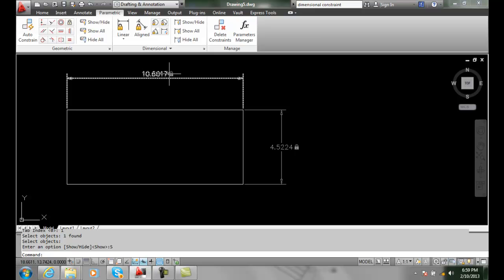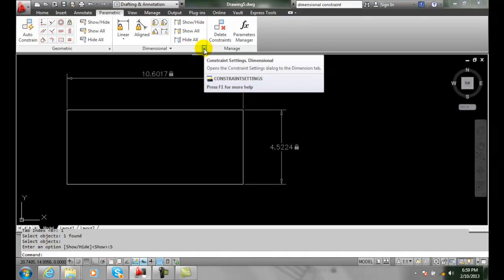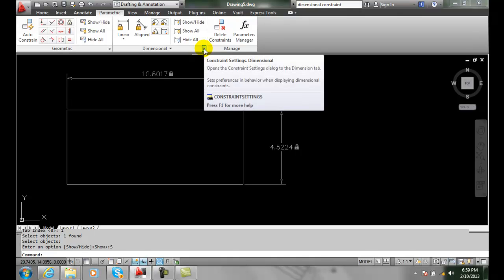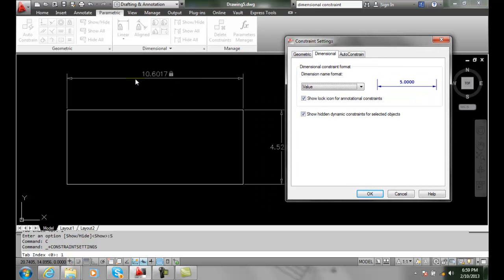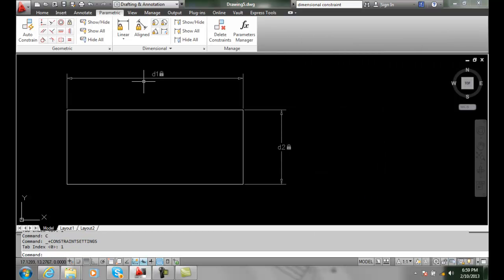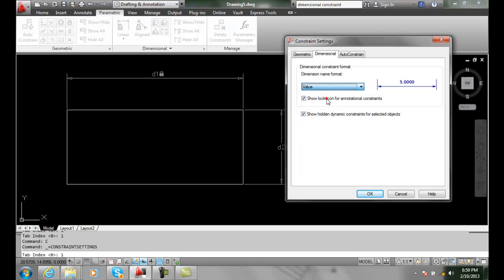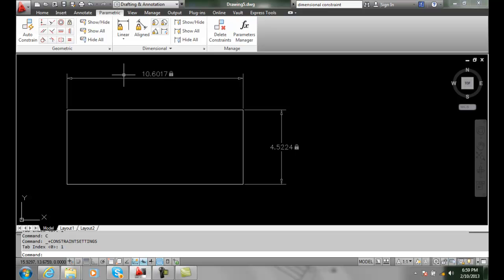Also, if we hit the down arrow in the lower right hand corner and go to constraint settings, in constraint settings under dimensional, we can go to the dimension name format. Right now we're seeing the value, how long that is, right here in 10.6017. If I change that to the name and I say OK, you'll see it'll show as D1. If I change it back to the value, then it shows me the value of the length of these